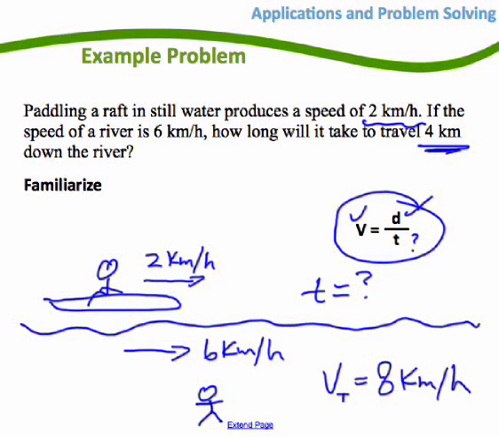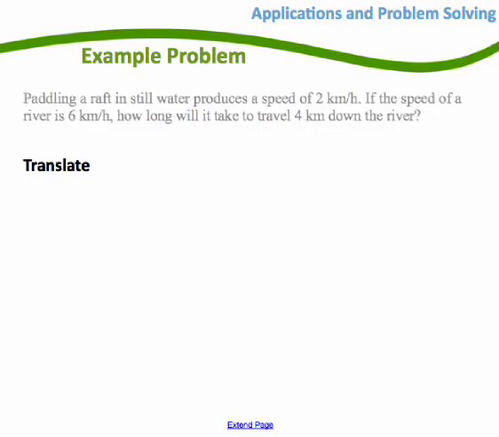Okay, so I have a velocity, I have a distance, I need a time. So let's go to the next one and write down some kind of a formula. So my formula was velocity is equal to distance over time. I need to solve for time, so let's just manipulate the formula quickly. Hopefully you can do that. Time is equal to distance divided by velocity. You can manipulate this any way you want, but this is what it should come out to. Now, time is what we're looking for. Distance, I know,